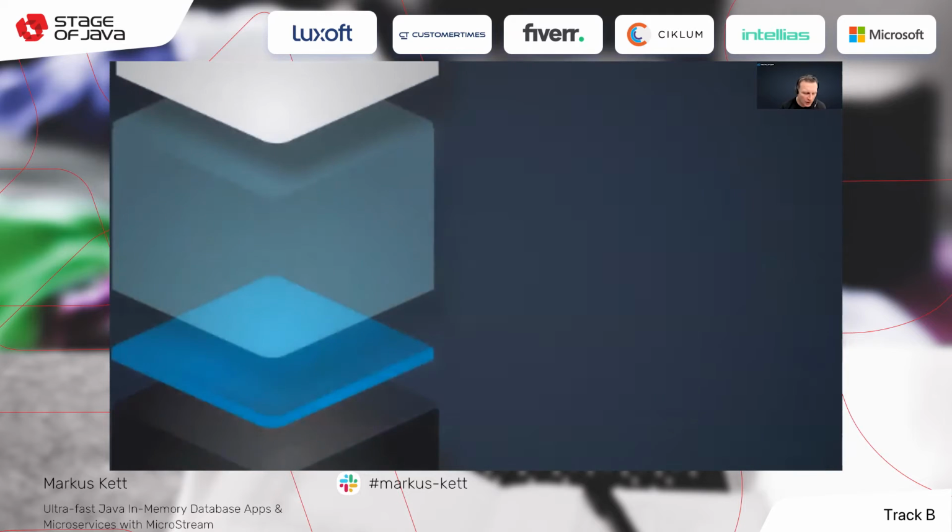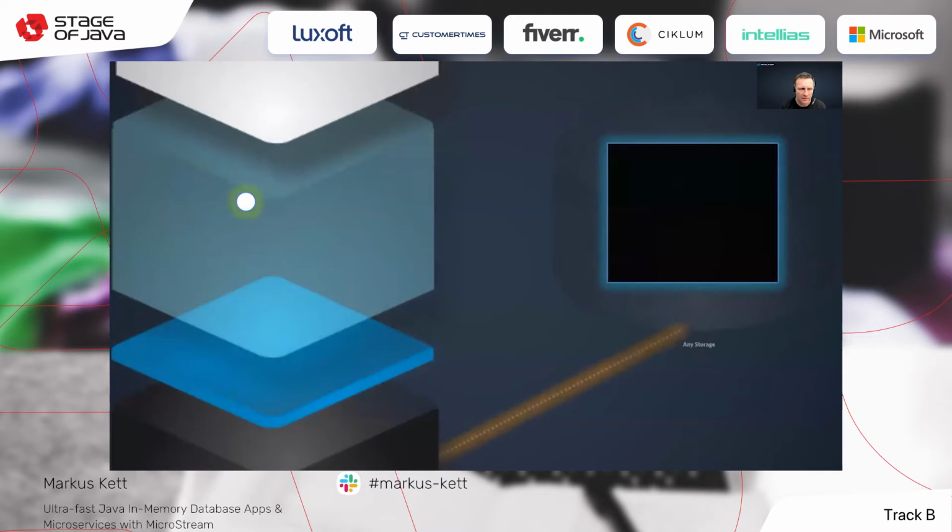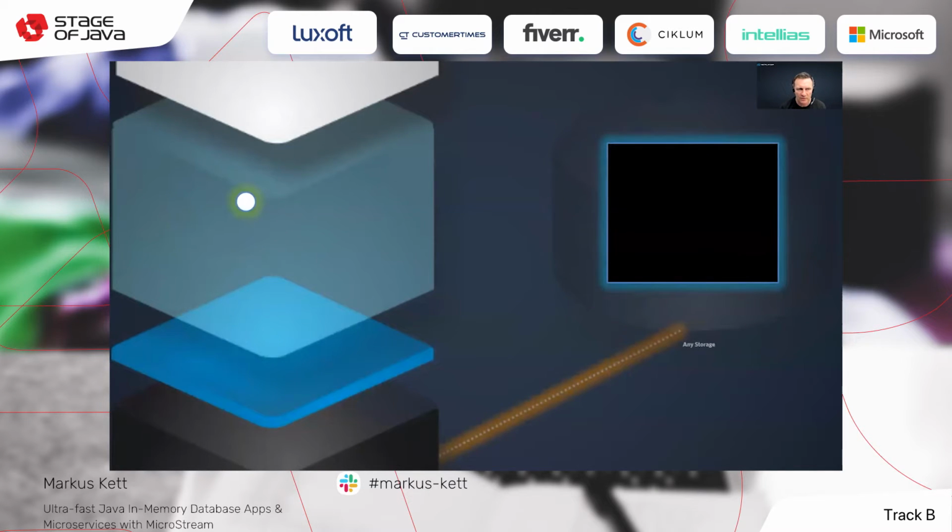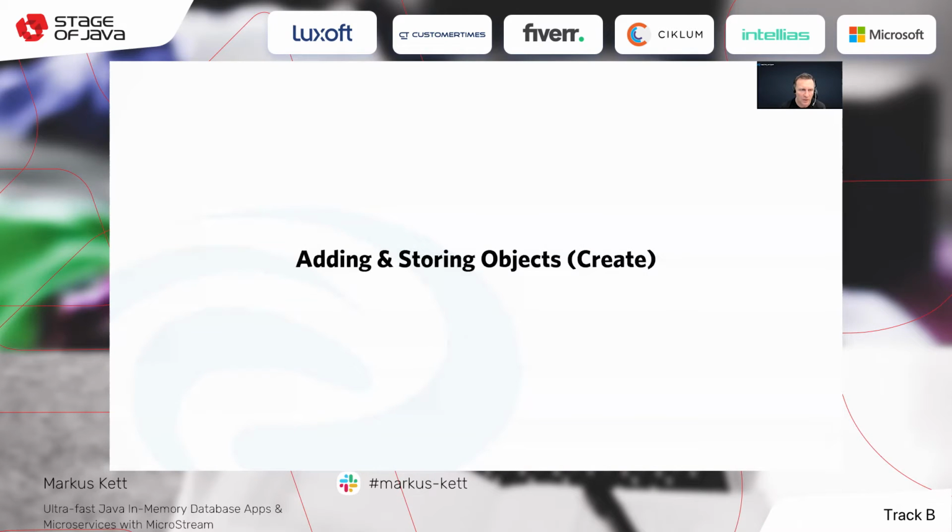The first thing you need is a MicroStream instance, and it creates a root object. Then your object graph is similar to a tree, and then you can add objects to this root object. And of course, you need a persistence target: plain files, a database system, so you can choose.